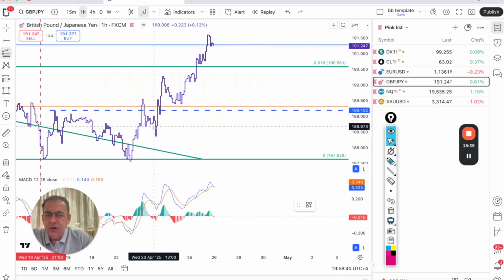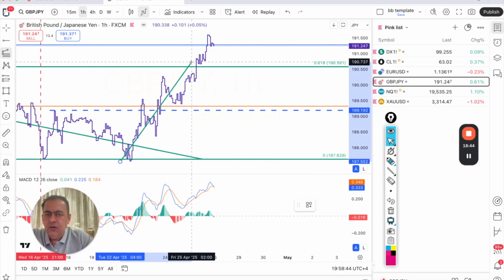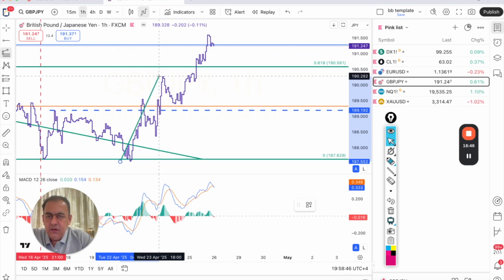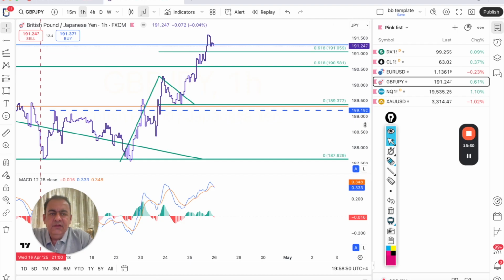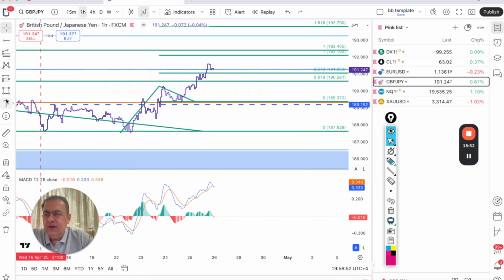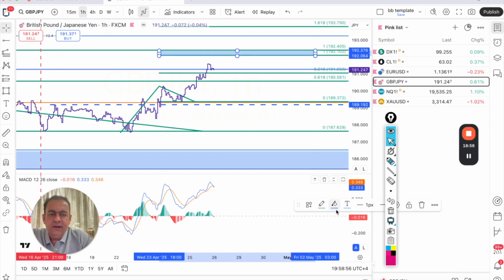I'll skip the smaller moves, I'll pick the bigger ones here. So I'm going for the bigger wave, starting from the lowest, connecting with the high and point C here. Let's see if we have magnets. Yes, we have magnets, so two lines coming closer here. So this is going to act as resistance,